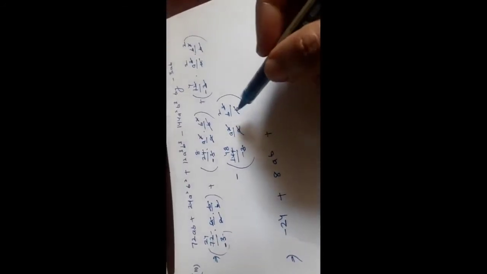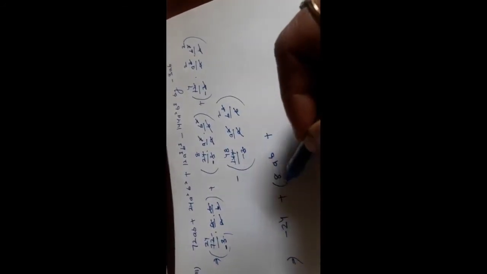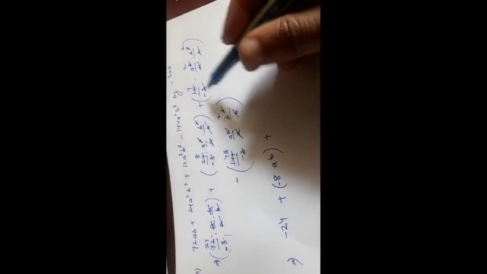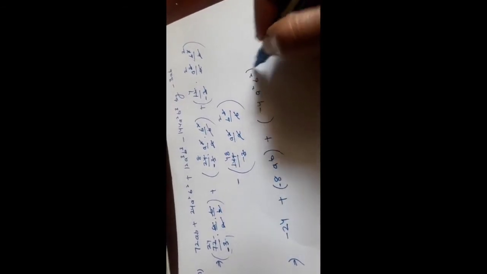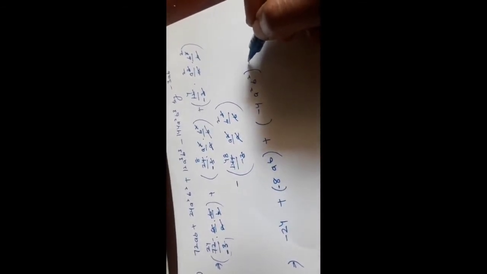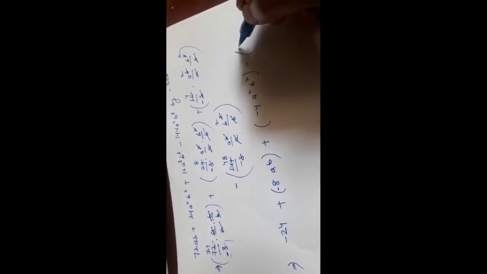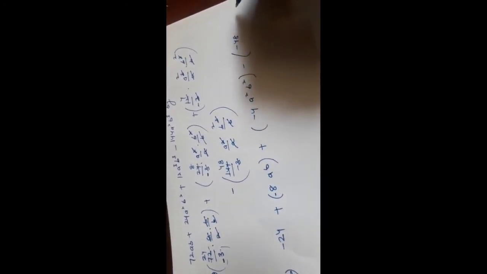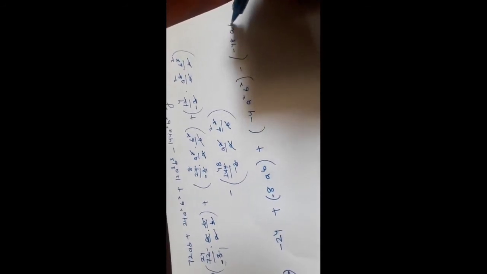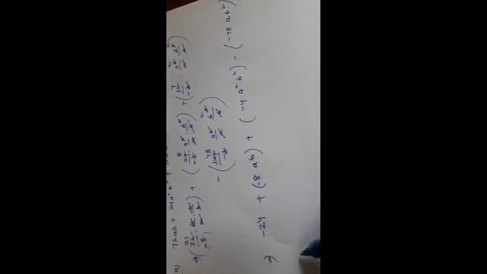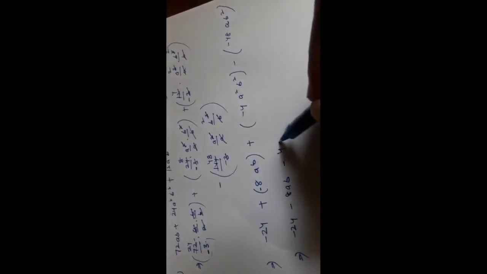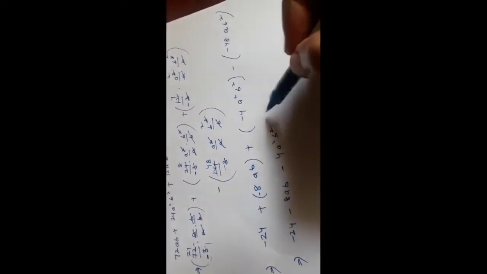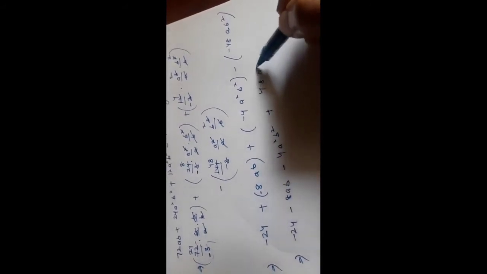plus, we will better write minus a and b. So here we will be left with minus 4 a square b square, and minus is already given here, so we will be left with minus 48 a b square. Now we will deal with the signs. Minus 24, this plus minus will become minus 8ab, plus minus will become minus 4a square b square, and this minus minus will become positive 48ab square.